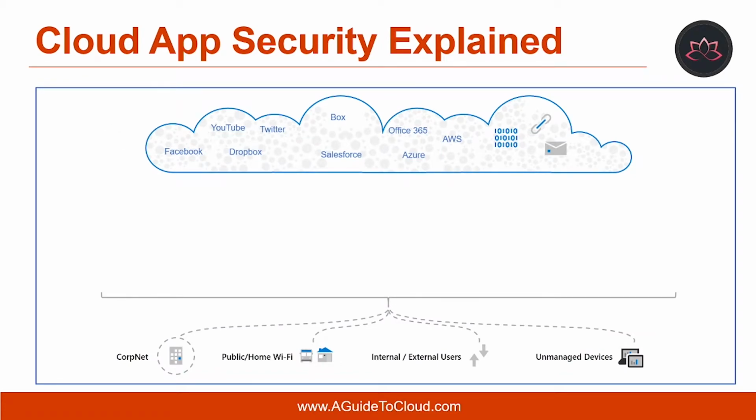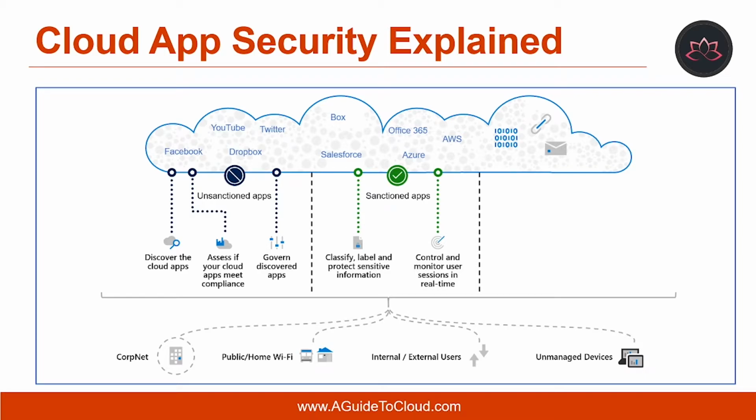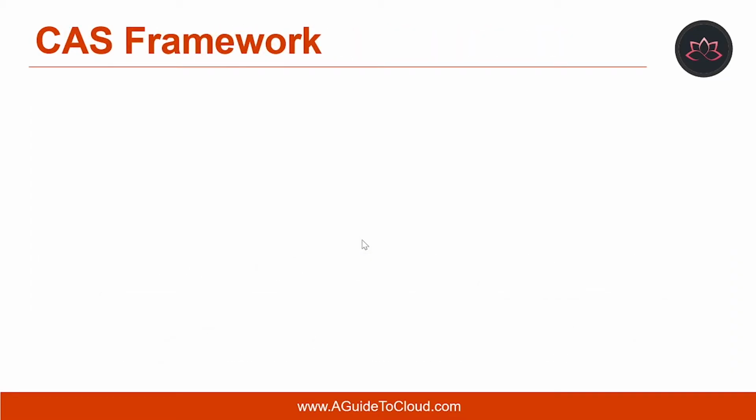Cloud App Security is a comprehensive solution that can help your organization as you move to take full advantage of the promise of cloud applications while keeping you in control through improved visibility into network cloud activity. It also helps increase the protection of critical data across cloud applications. With tools that help uncover shadow IT, assess risk, enforce policies, investigate activities, and stop threats, your organization can more safely move into the cloud while maintaining control of critical data. First, let's understand Cloud App Security Framework.